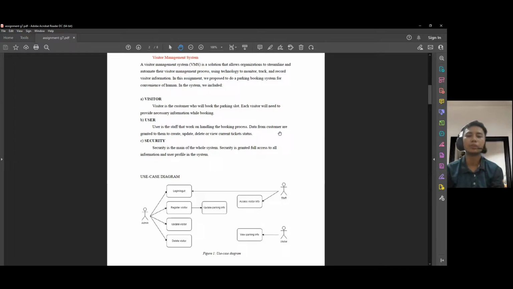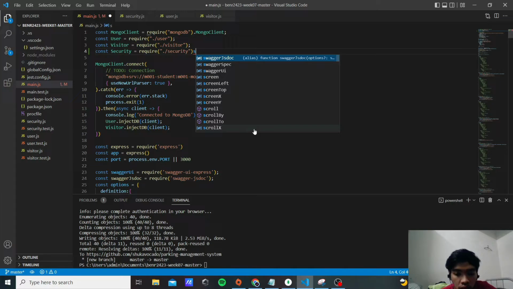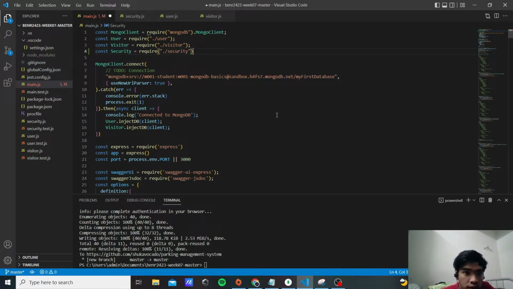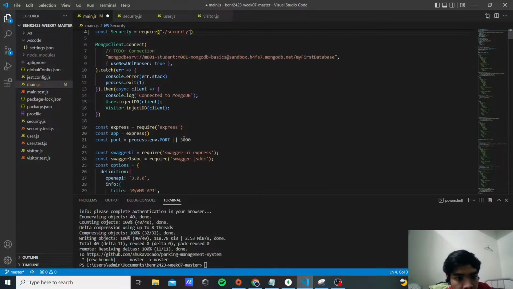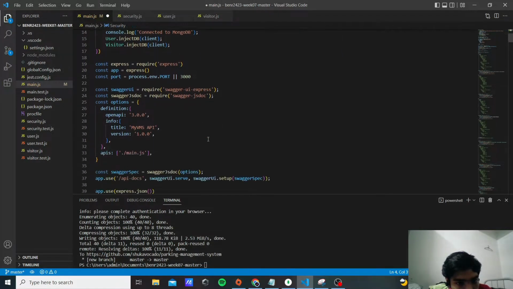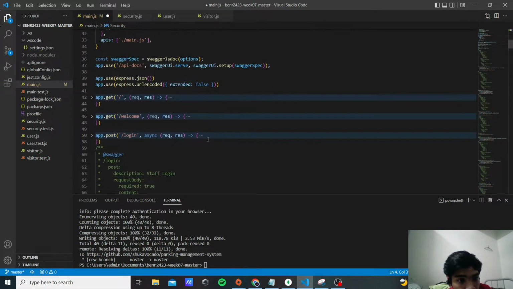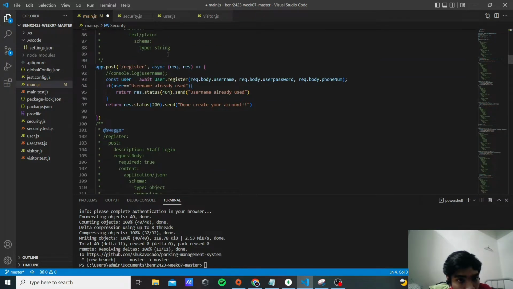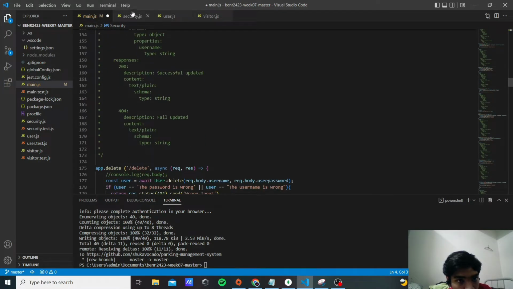Okay, now I will pass to Muhammad Syami to explain about the coding part. Hello, my name is Syami and I will present about the coding. First we have the main.js. This is where we initialize the user, visitor and security. User is also known as admin, and then we have the initialization for the Swagger, and then we will go to the